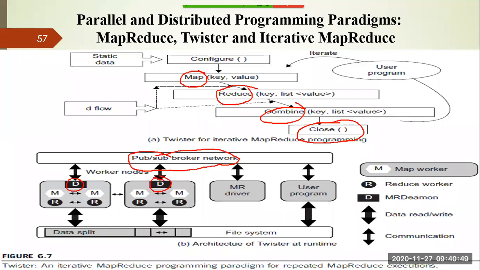Okay, you can see there is a D here. D indicates the daemon. While you are partitioning the data, you are giving one piece of the data to each worker node. Each worker node has a map function and reduce function, so they can compute their work. Or they can read the data or write the data from the file system, and finally compute the work and return the results. Right? So this is iterative MapReduce programming, because this process is repeated until your entire thing is completed.